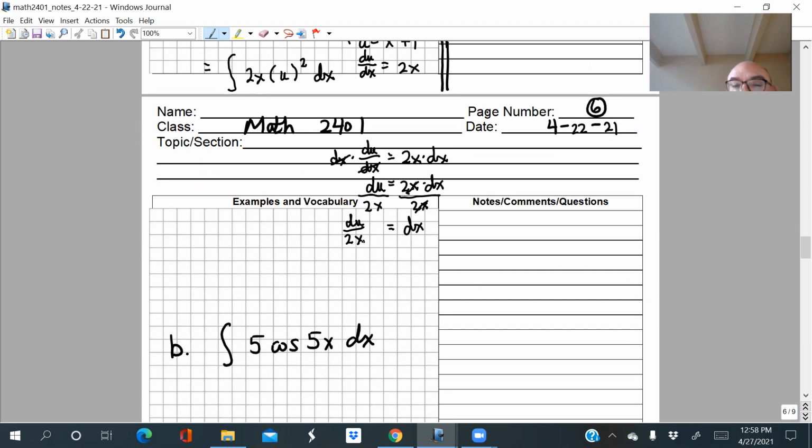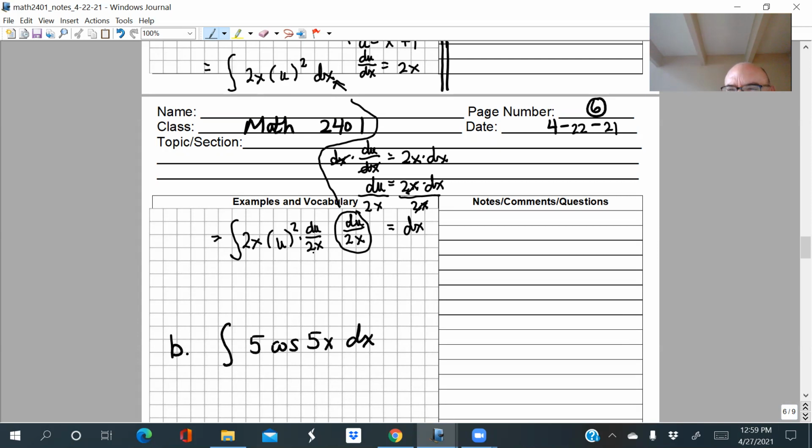Now, why did we do that? Well, let me show you. Because that's what dx is equal to, I'm going to substitute that back into the integrand, where I have dx. So I'm going to plug in du over 2x. This looks really mysterious, why I'm doing this, but let's see what happens. So I have u squared times the dx, but now I know the dx is du over 2x.